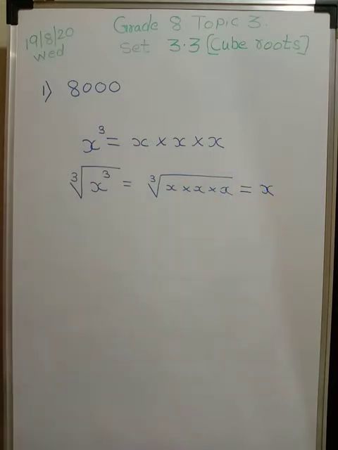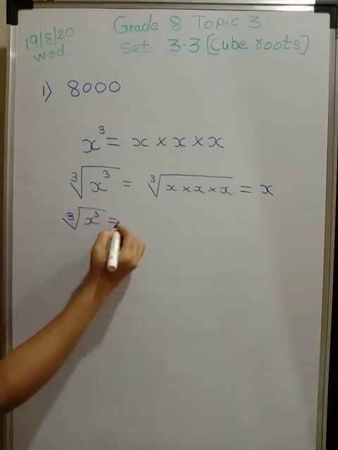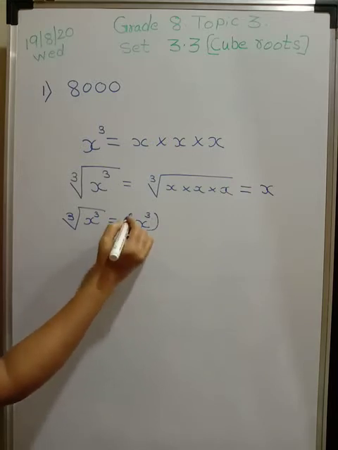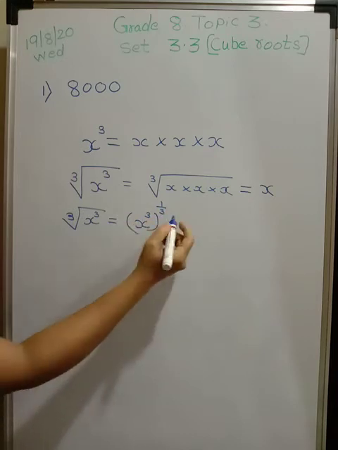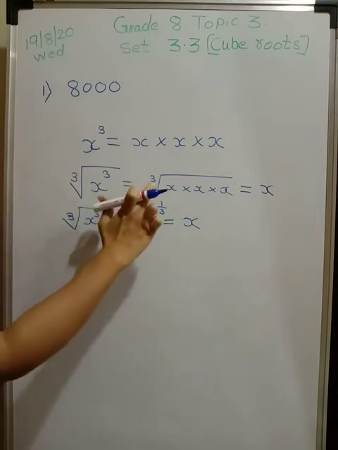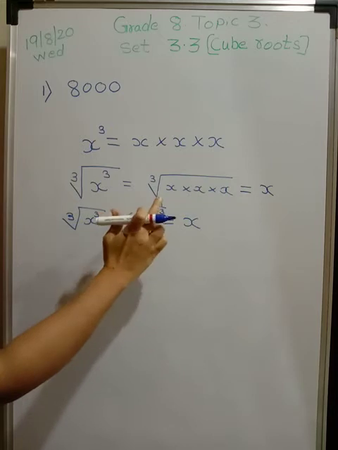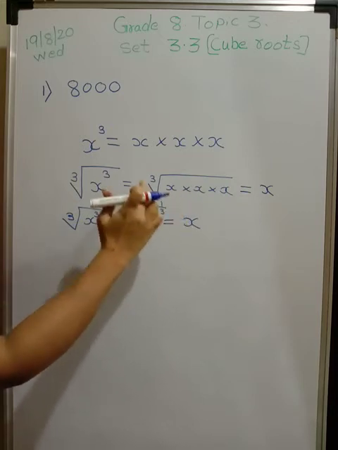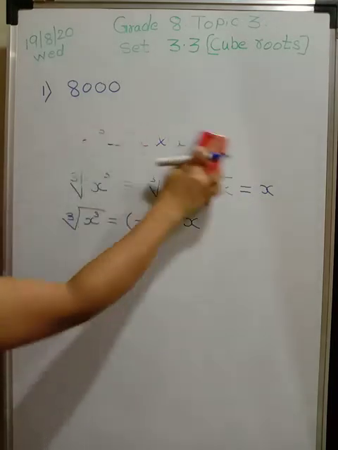You got it? So this can be written as cube root of x cube, or it is also written as x raised to, in rational indices, 1 upon 3. So the cube root of this number is nothing but x. I hope you understand. This 3 written over here indicates it is a cube root. That means the number which is repeating, or multiplied 3 times, if you take it out of this cube root sign, it will come only once. Just see now this example we are seeing.